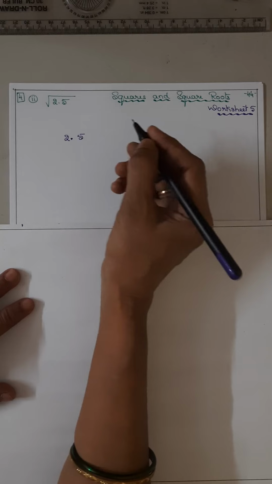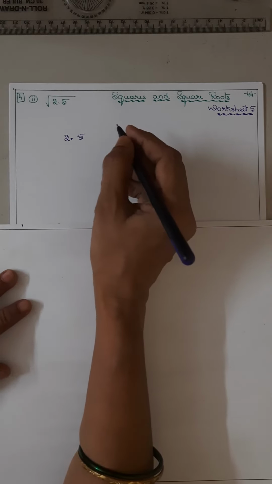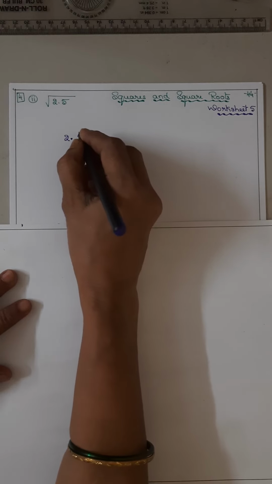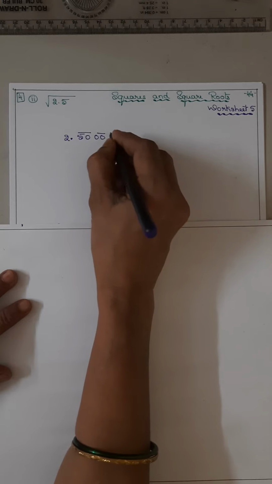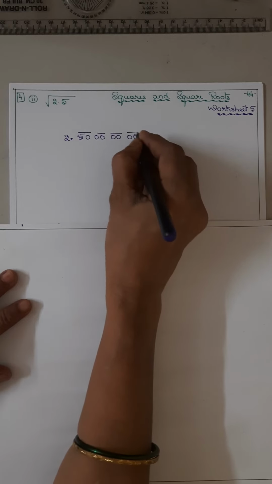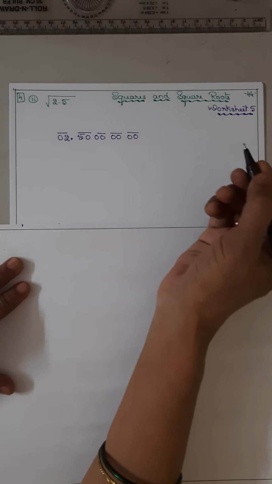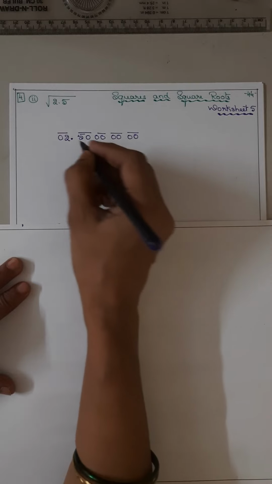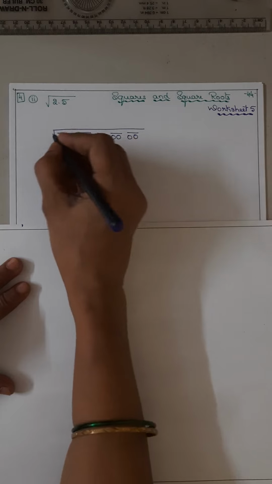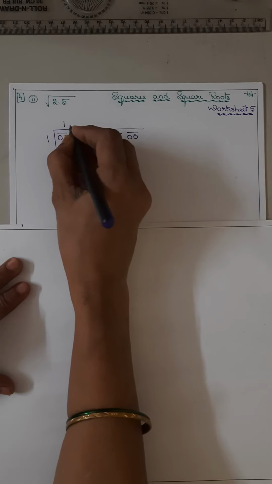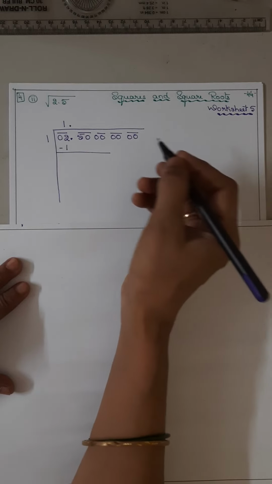2.5 up to 3 decimals means we have to find the answer up to 4 decimals, then round off. So this is for the first decimal, second decimal, third decimal, and then the fourth decimal. Now here on the whole number side 0, 2. Now 2 means 1 ones are 1. Put the decimal point immediately.